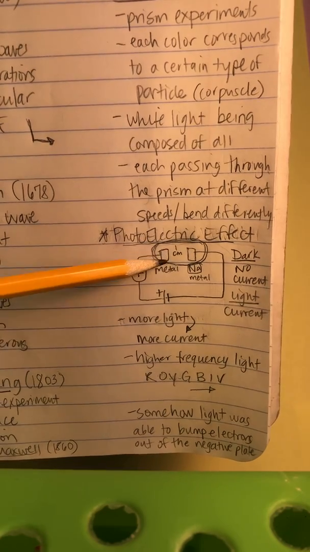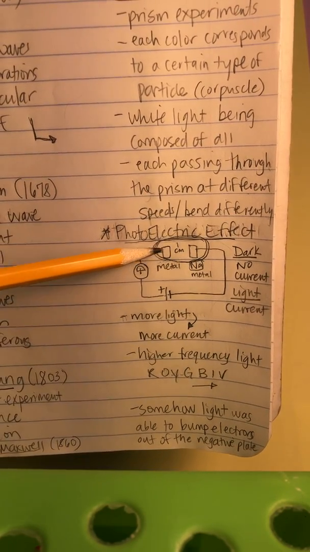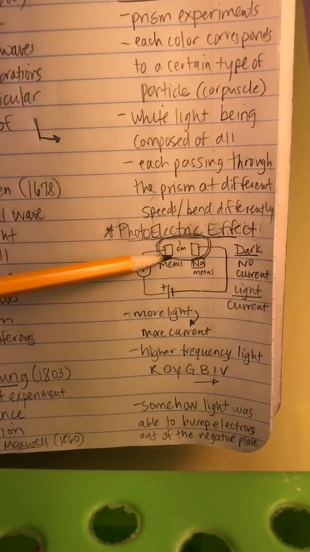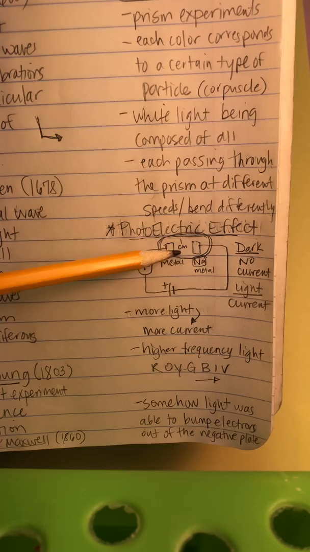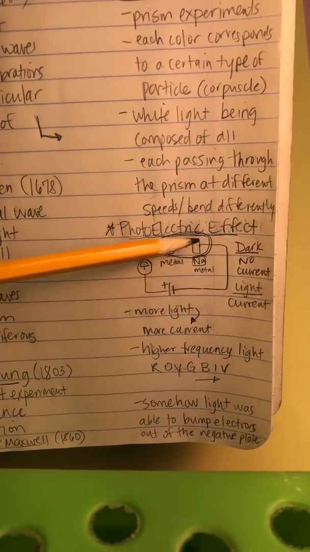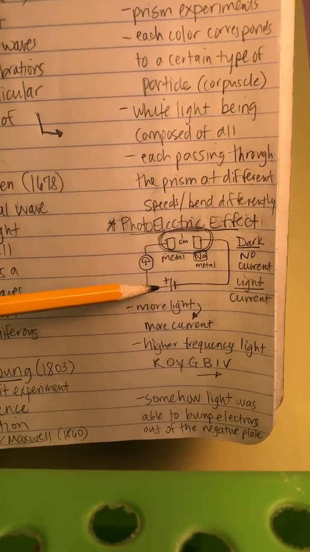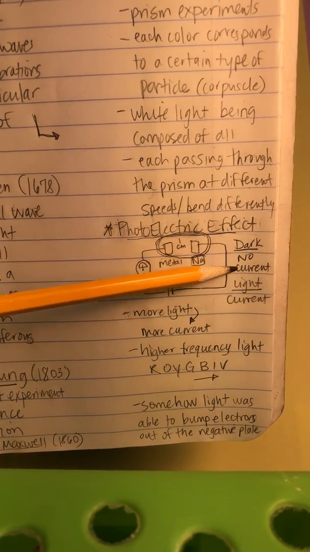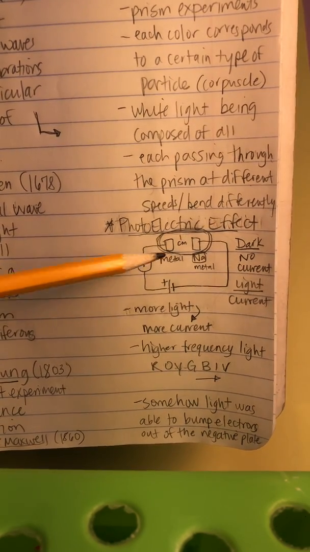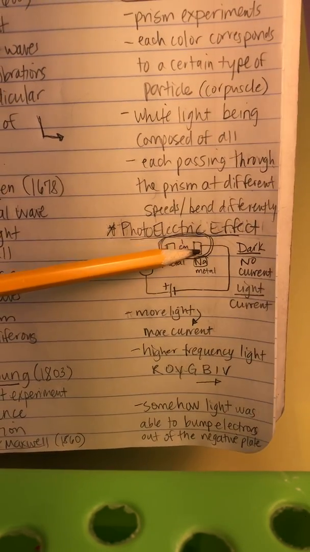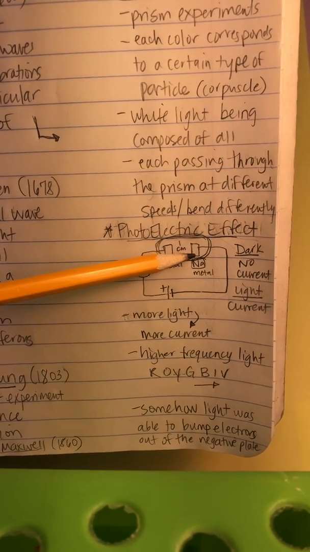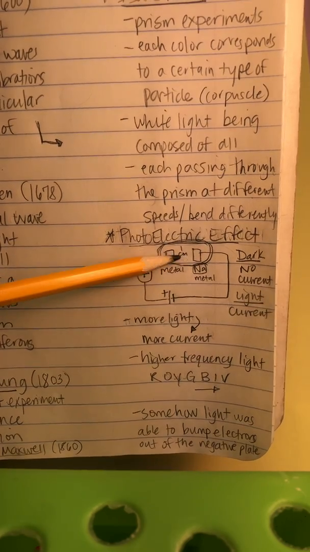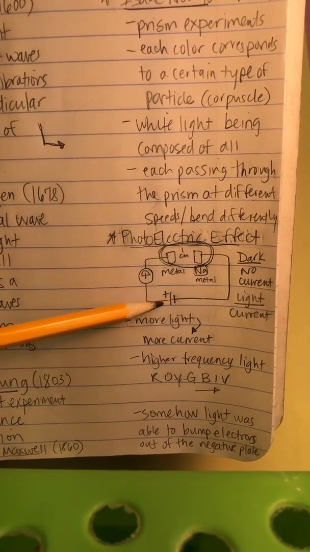And then on this end, I have another type of metal. I take both of these and seal them off into a sealed container with no air, and then I do an experiment with this circuit. Now they're not touching, so the electricity shouldn't be able to flow, right? And it doesn't. In the dark, where there's no light, there's no measurable current that flows. But the moment you put light onto this sealed off thing, the current actually flows from this end,